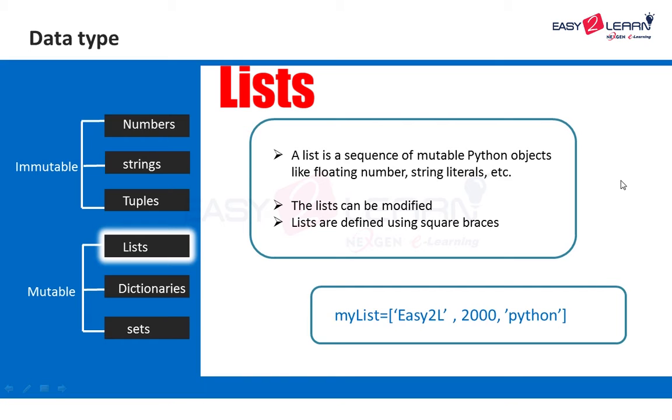Now, when you see a list, basically it is defined in square brackets. Earlier we had seen it using curved braces, but here you are using square braces. Be sure if you are using a list, then you use square braces. In case you use curly braces, it will be considered a tuple and you will not be able to modify it.